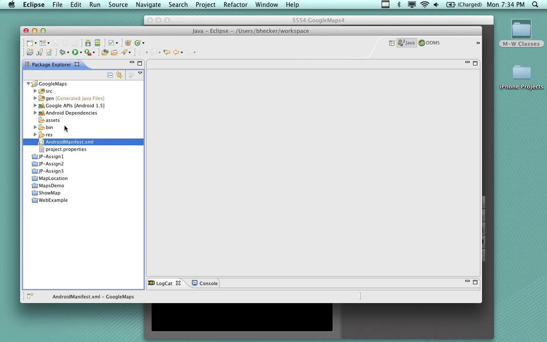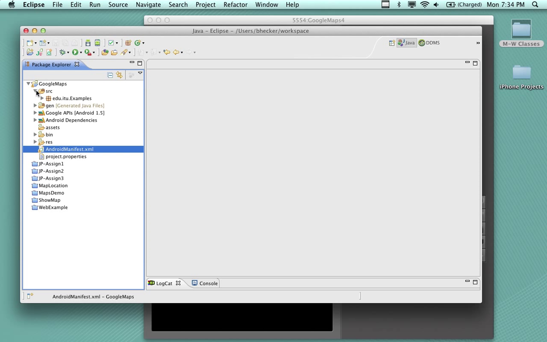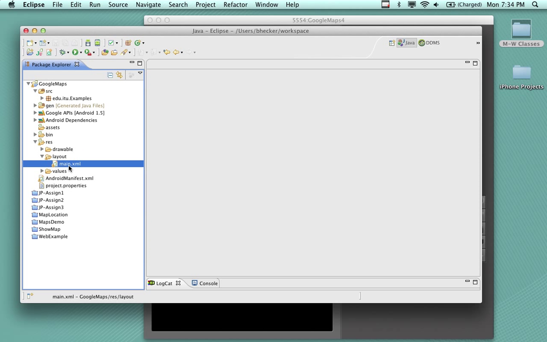So, alright, that is the manifest file. I did not need to do that for the location because I wasn't using maps. I was just looking at the location manager. So if I go into the resource file and look at the layout, the main layout,